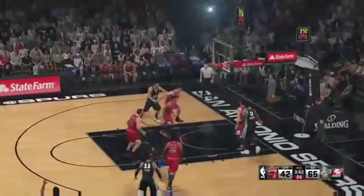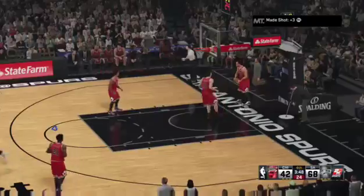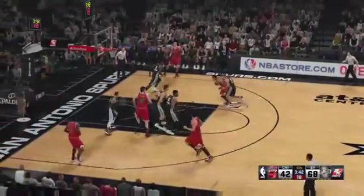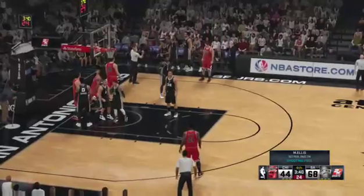And a wide open look here for Ellis. Nice feed that time from Stevenson. You can't leave him alone, especially from long range. And it's Rose penetrating. And count it. 2 points with a chance for one more at the...